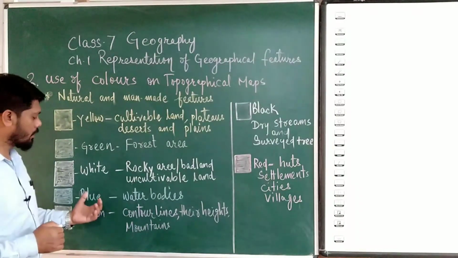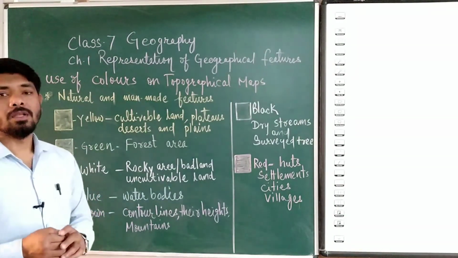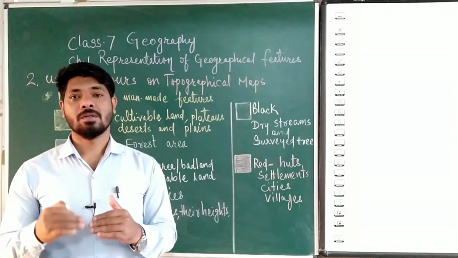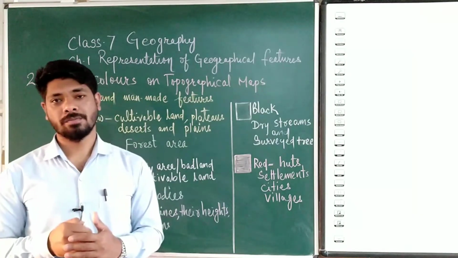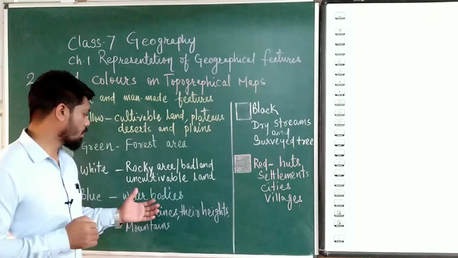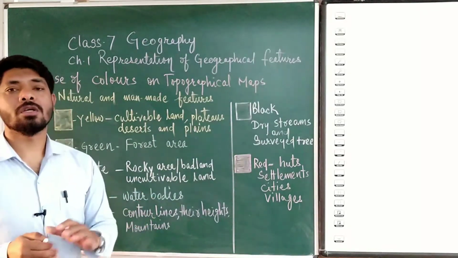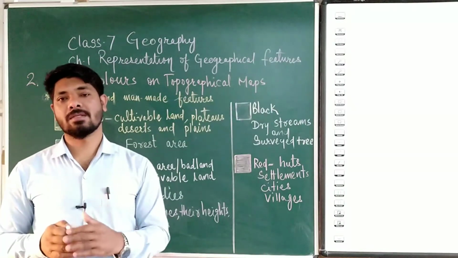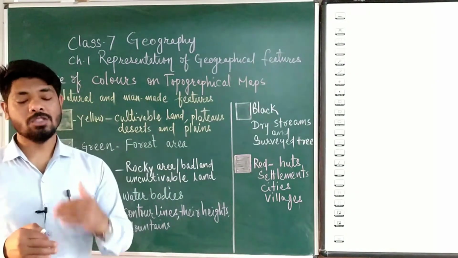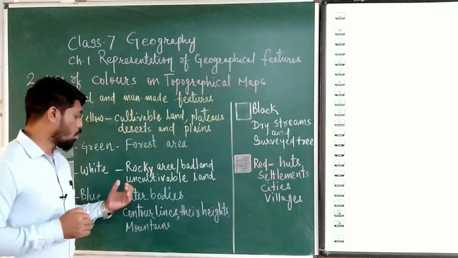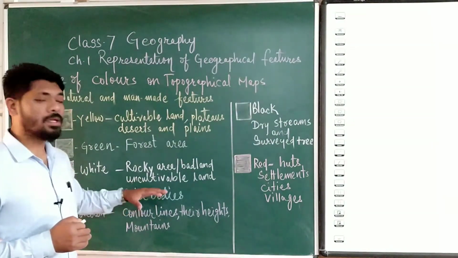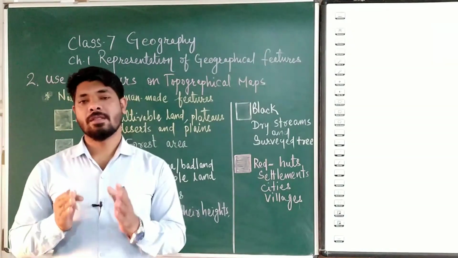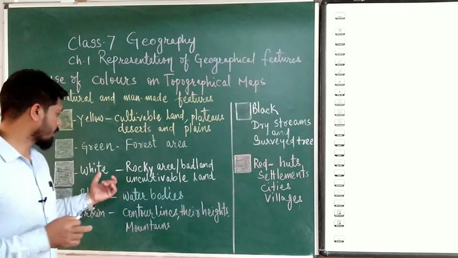Then we have another important color, blue. You know, blue is shown on the map to represent water bodies. So in the dry streams or in the rivers, ponds, lakes, wherever water is present, perennial wells, unlined wells, lined wells, where the water is present, it will be shown with the blue color, which means water is there. So remember this color's importance.